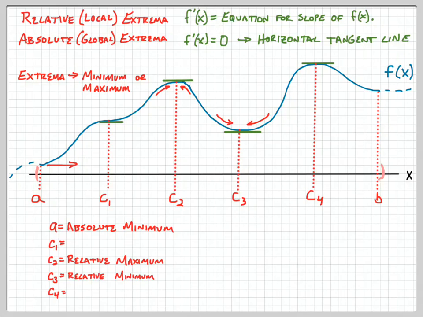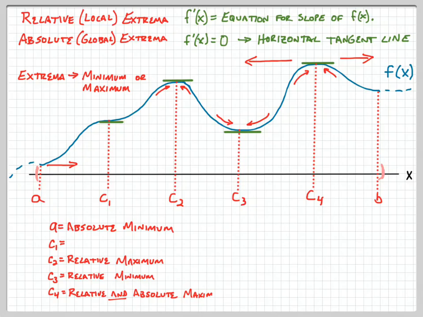C4, I think you're probably seeing the pattern here. C4, as we go up, we've got a relative maximum. It's kind of at the peak there. But if we also look across the whole function, this is also the maximum point on the whole function, on the interval that we're looking at anyway. So this is both a relative and an absolute